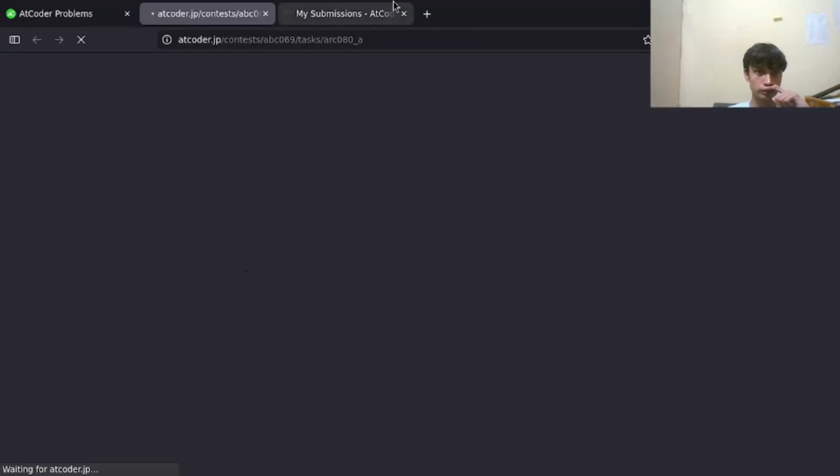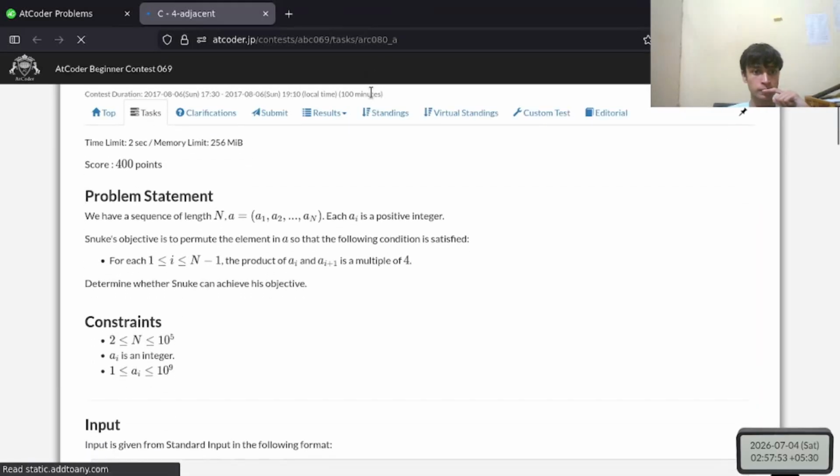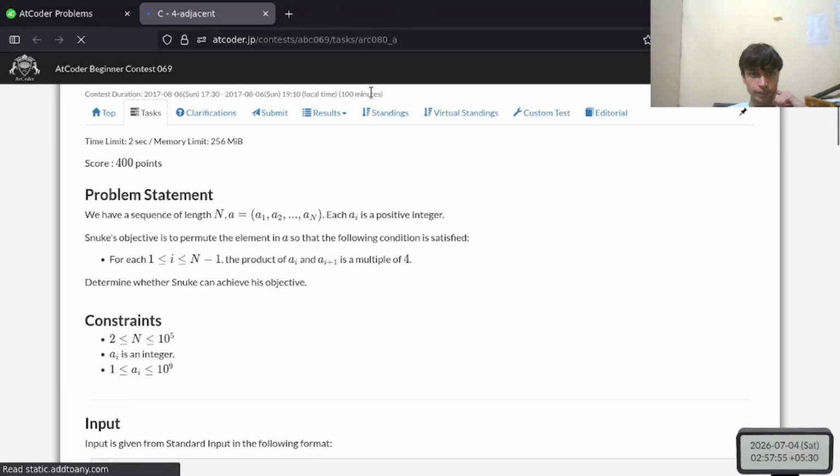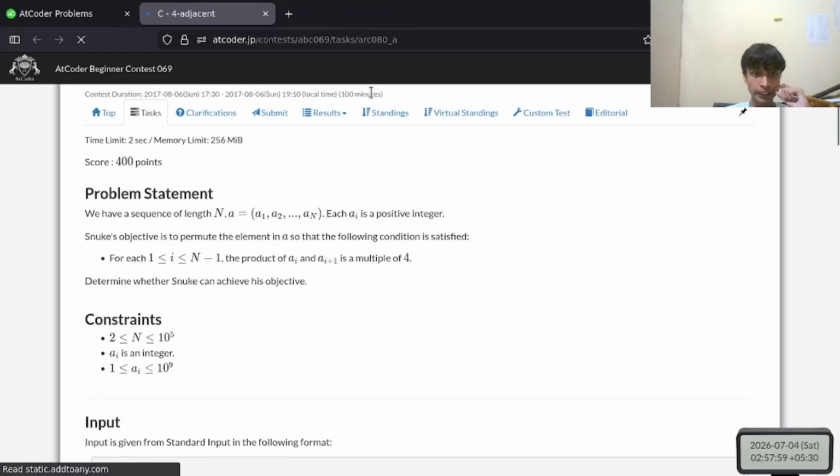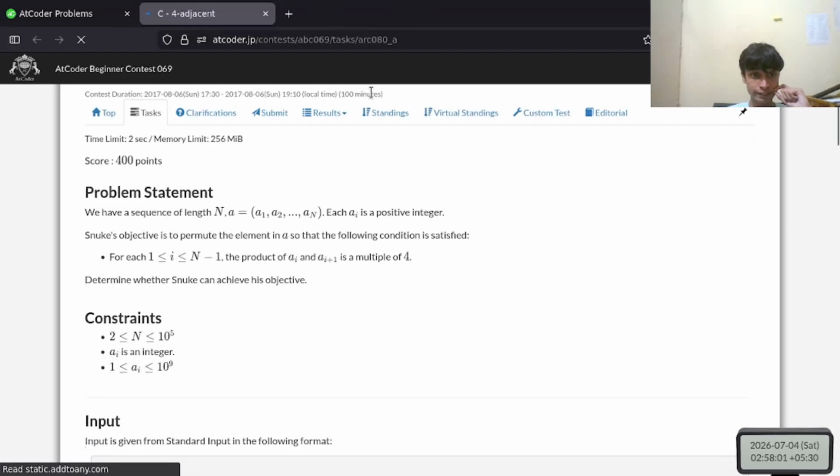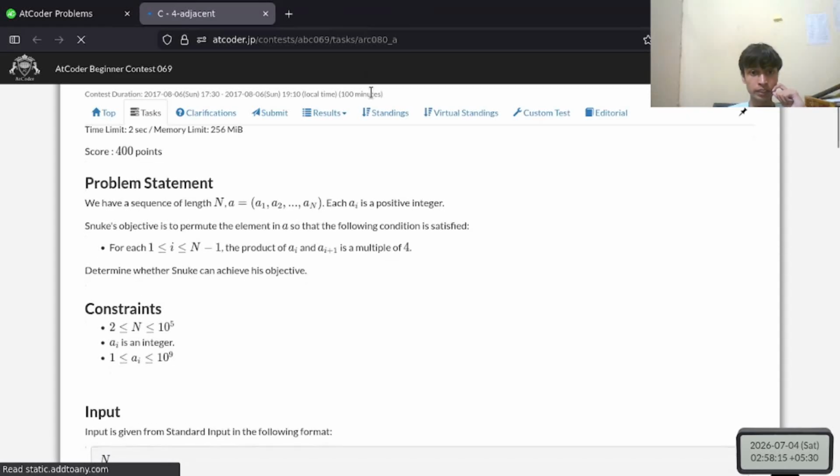Now next one, for adjacent. We have a sequence A1, A2, A3 to AN. Each Ai is a positive integer. Smoke's objective is to permute the elements in A so that the following condition is satisfied: for each i, the product of Ai and Ai plus 1 is a multiple of